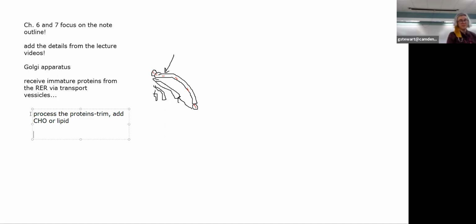They might be being made into shorter pieces. They might be being made larger. They are also being folded. So remember, the folding starts in the rough ER, but that